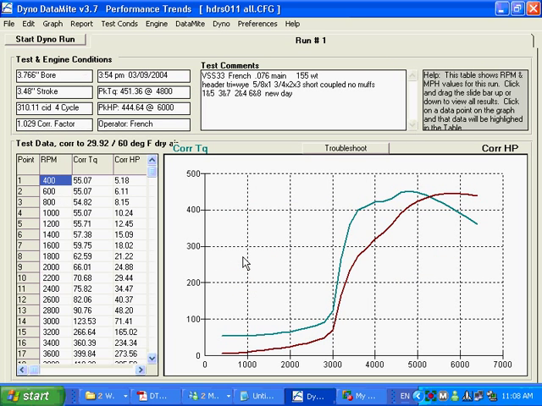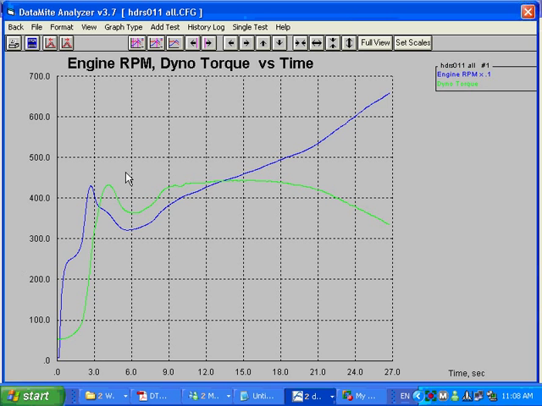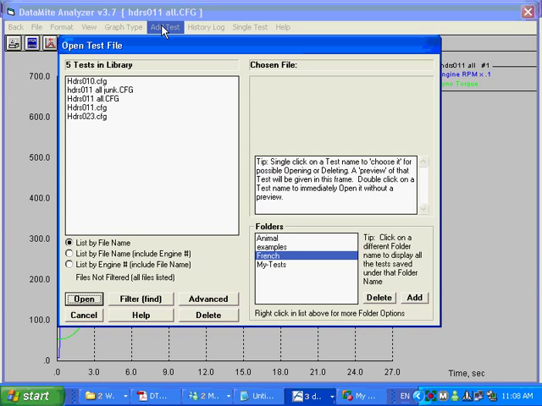And you see it's got 27 seconds. Now we got this bad data. And I'm going to make a graph of this again. There's the entire test. Even if I say just the power run, we're still getting the entire test. And I'm going to add a test here. A test that I believe, let's say this one here,